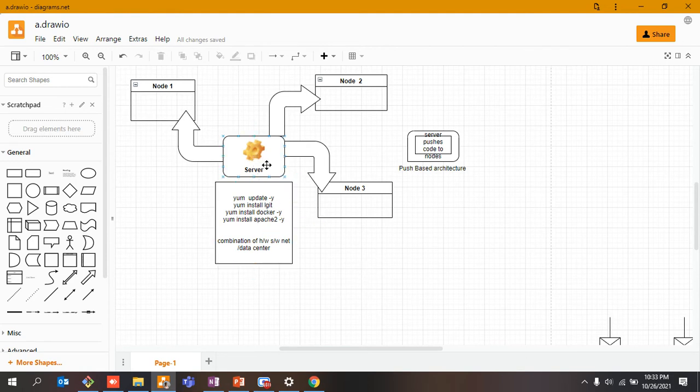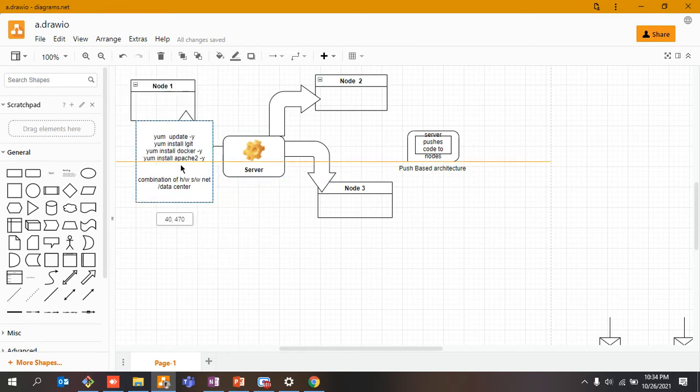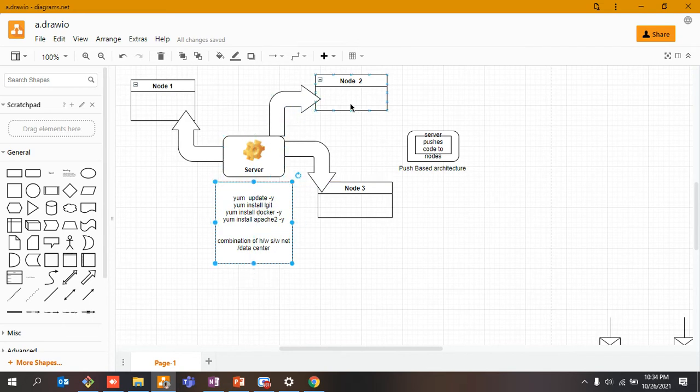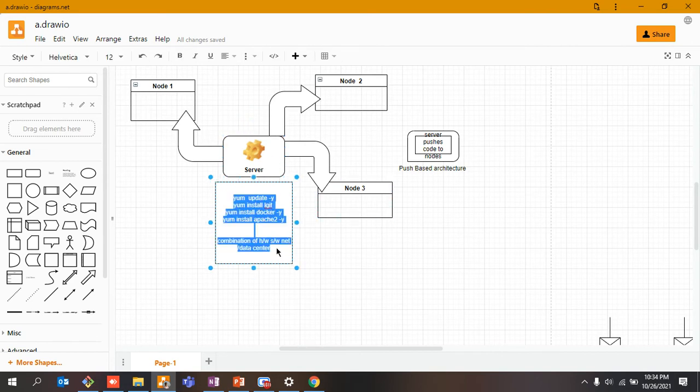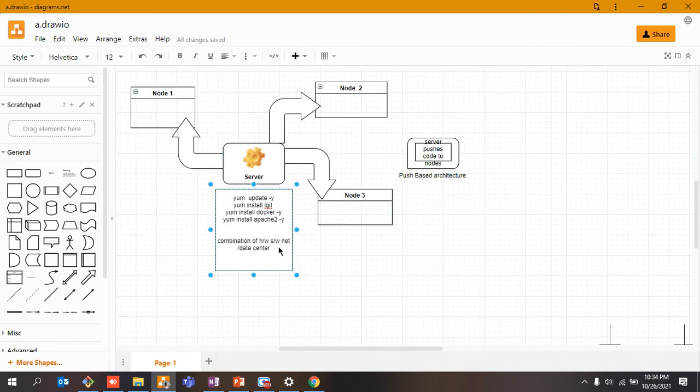and in this architecture, this server will push all these configurations to all these nodes, right? It will push this configuration into this node, this configuration into this node, and this configuration into node 3, right? So this is known as push based architecture, in which your server itself is pushing all the configuration based upon your requirement, and over here you have full control, right?